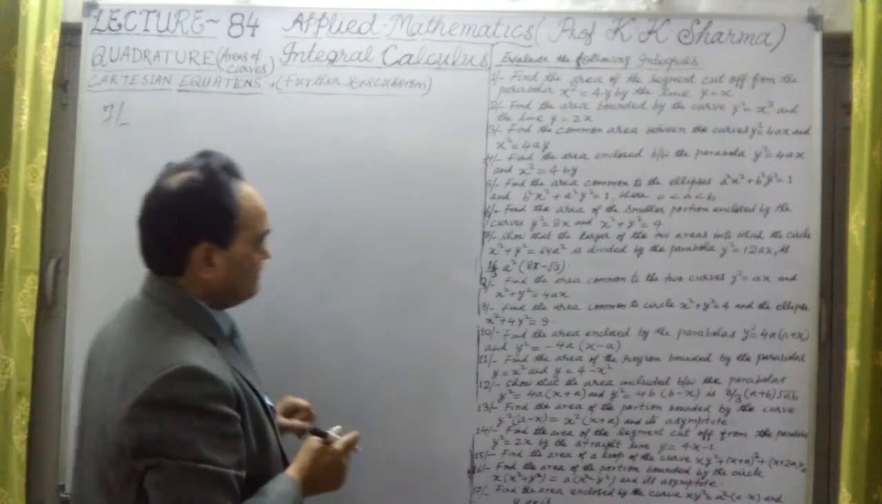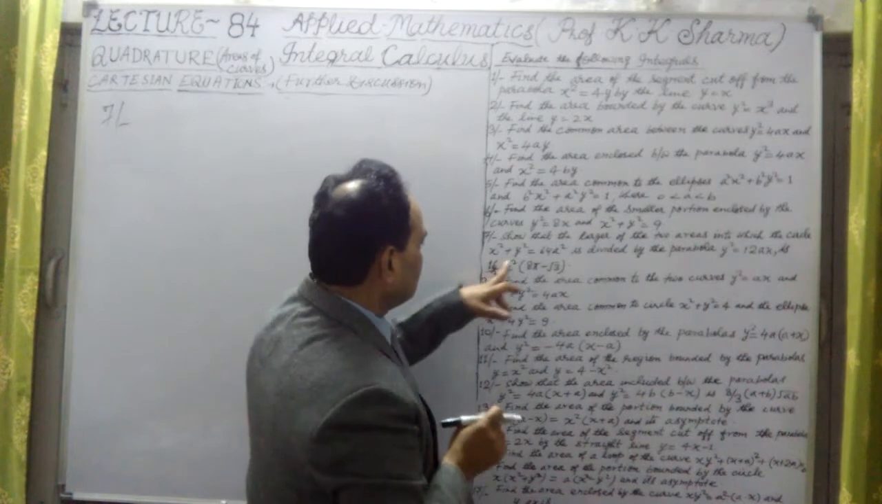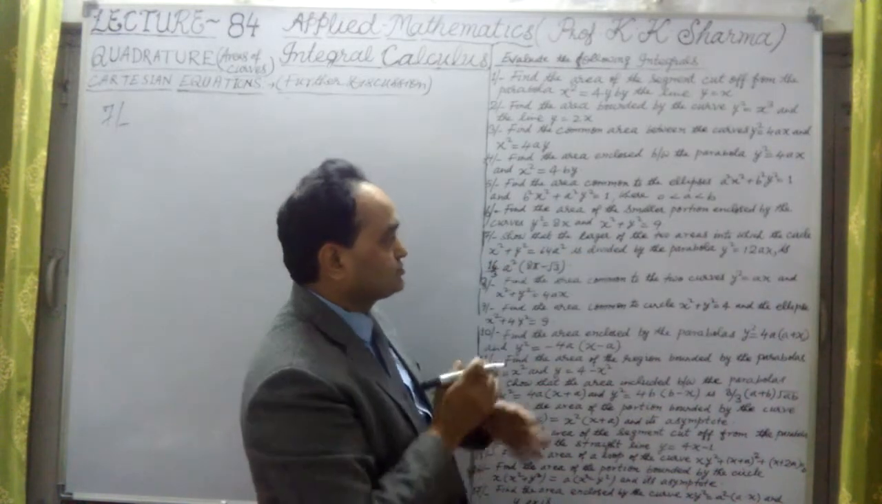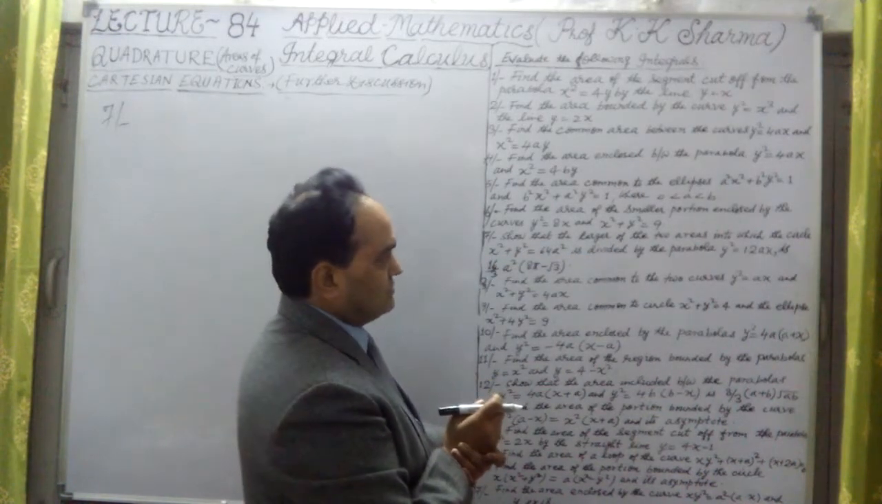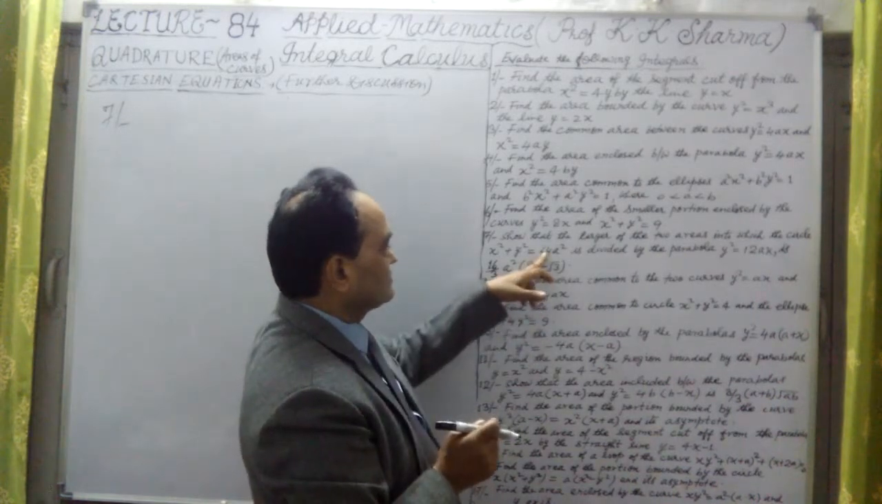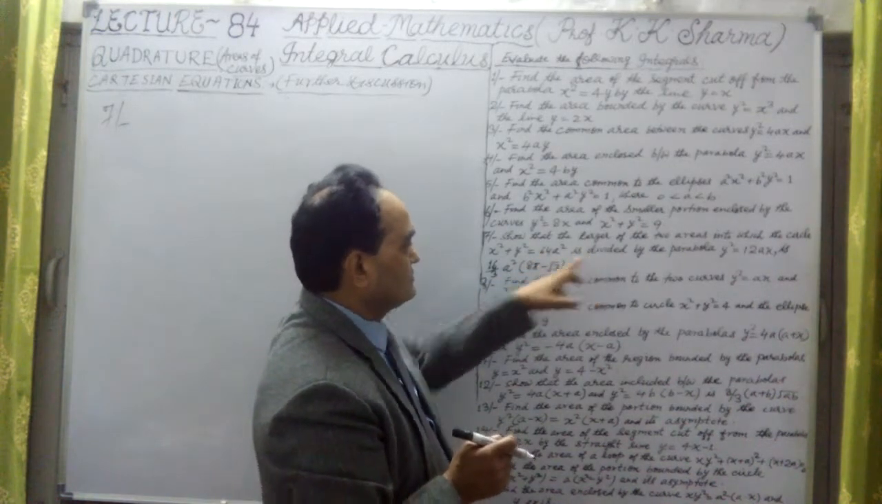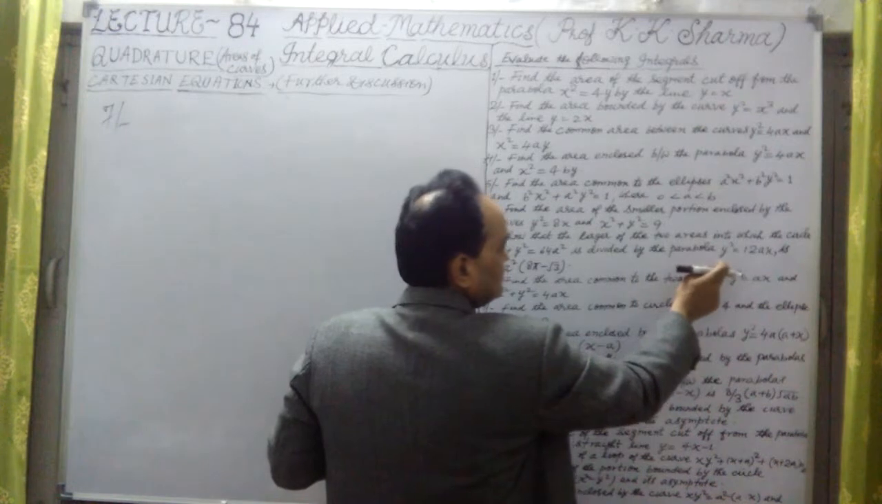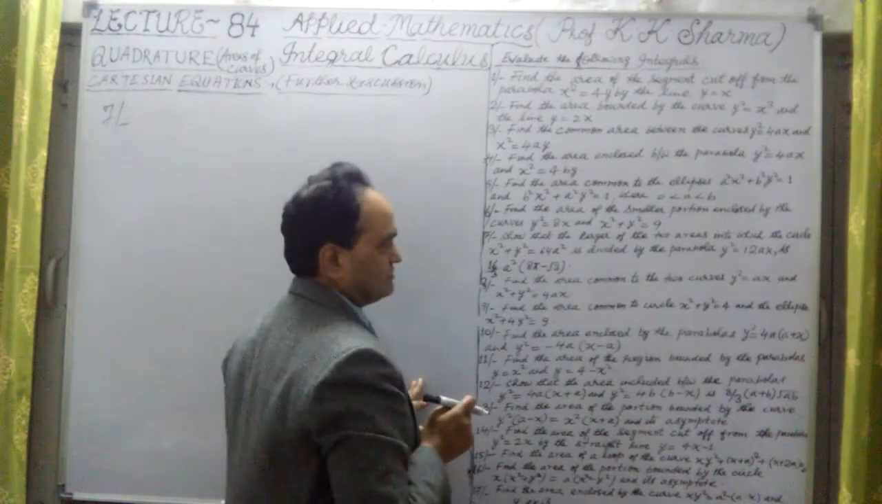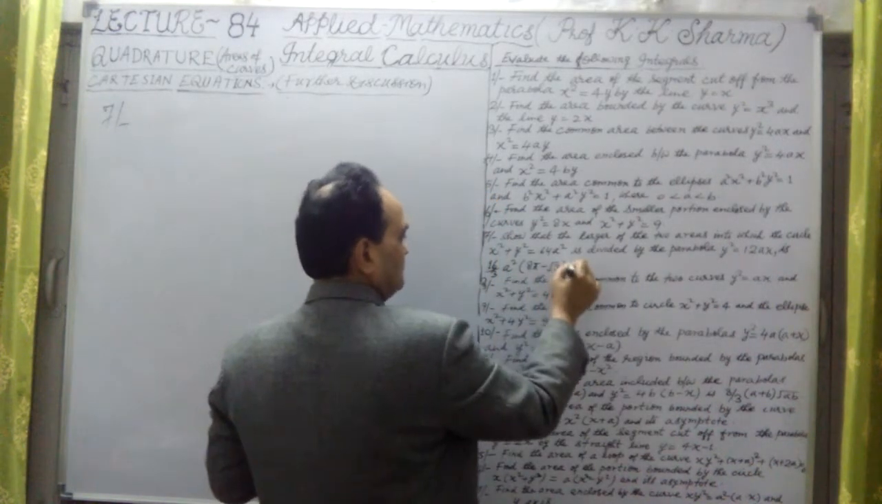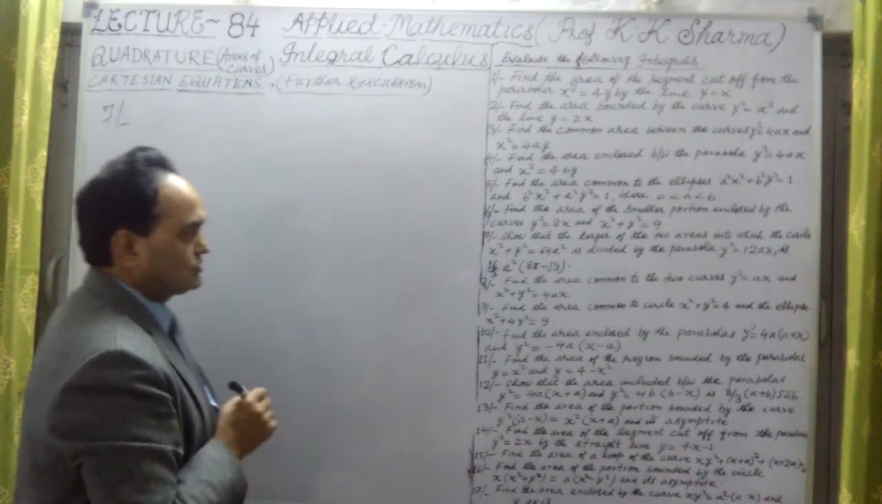Let me check. Okay, question 7 says, show that the larger portion of the two areas into which the circle is divided by the parabola y square equal to 12ax is this. Answer is given here. So to show that,